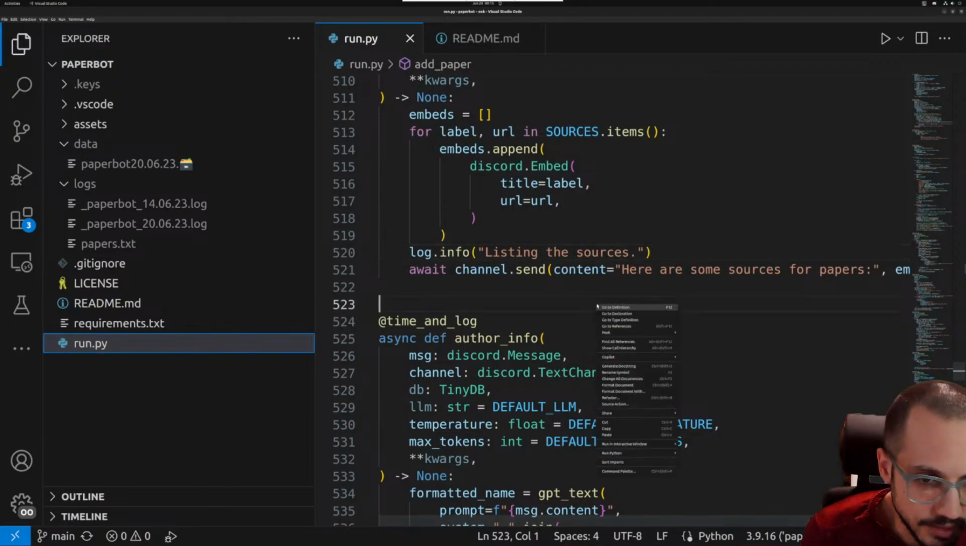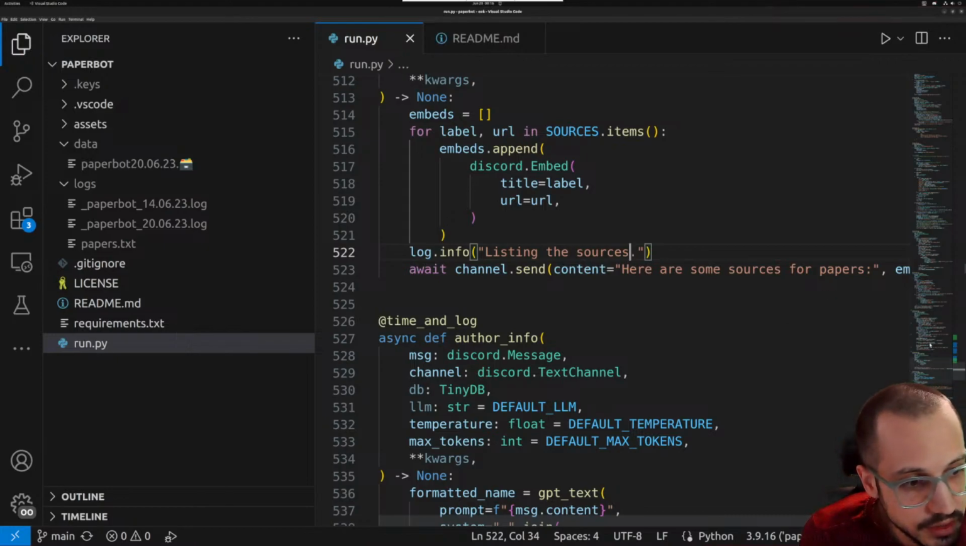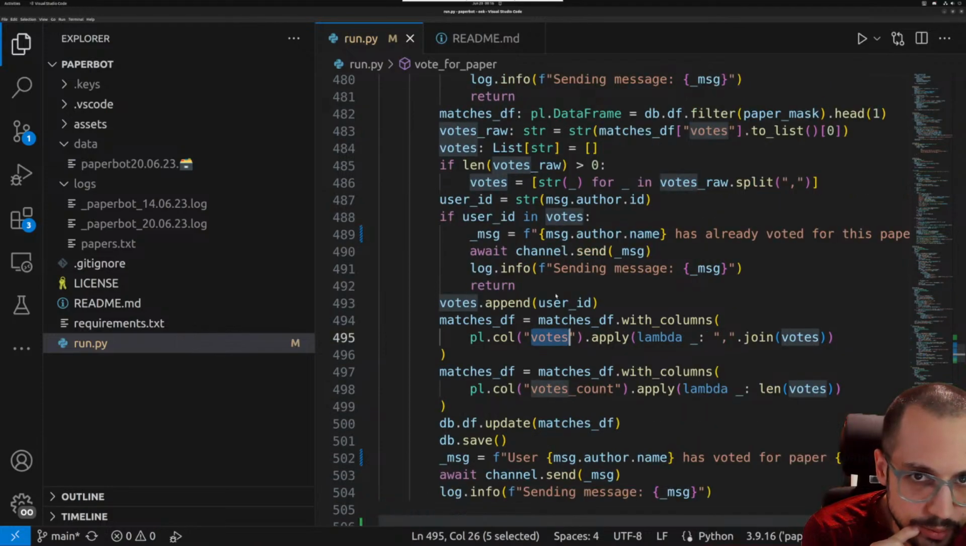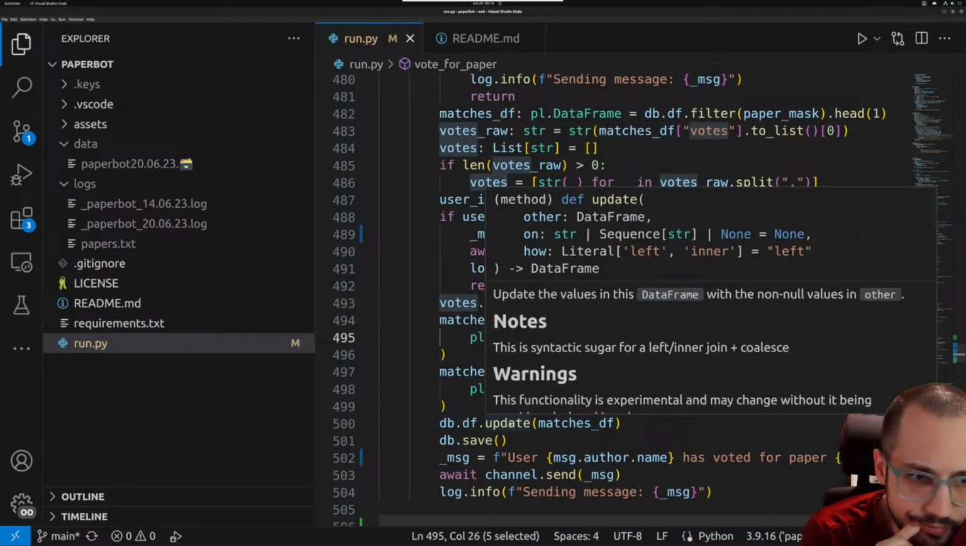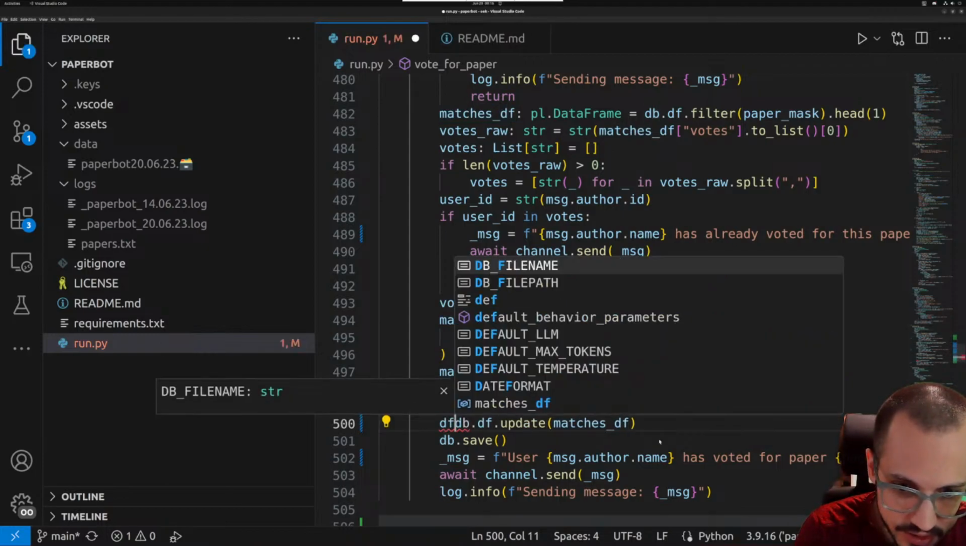Let's also format this document. Control-Shift-I, let it auto-format for us. All right, and basically what was happening here is that this votes column is not being updated. So you see, probably what's happening here is that we're updating the data frame with the matches data frame, but we're not setting this equal to anything. Right, so really what we want is this